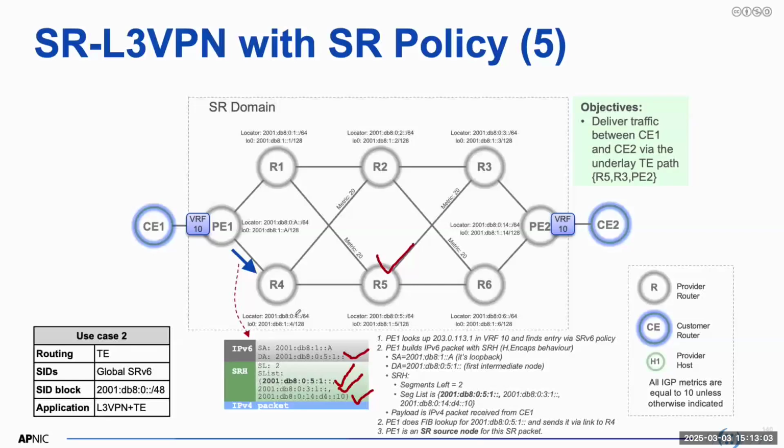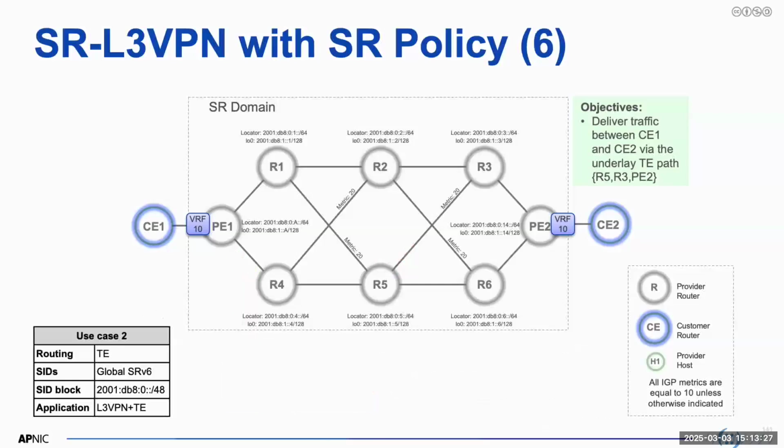Another question is, in the source address, do we need to change the prefix or change the bit? No, we are changing the bit here. Segments Left field, you can see here, which is 2. So when the packet reaches R5, you can see it is 2. Let me forward it to the next. Okay, when it goes to R5,